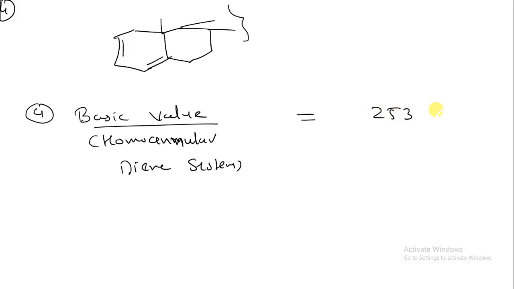So there is a value of 253 nanometer. Okay, second one. In the second one I just have to consider the ring residue, whatever ring residue is present on that structure. So if I am drawing the structure over here, there is a structure like this.